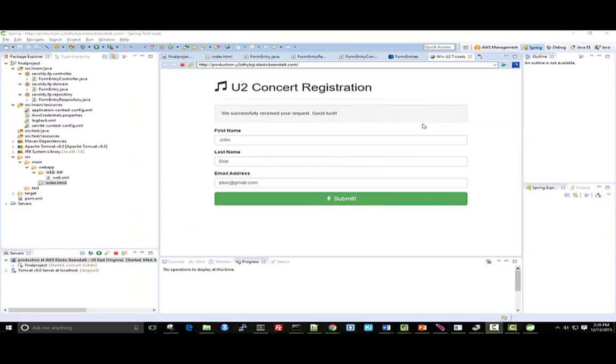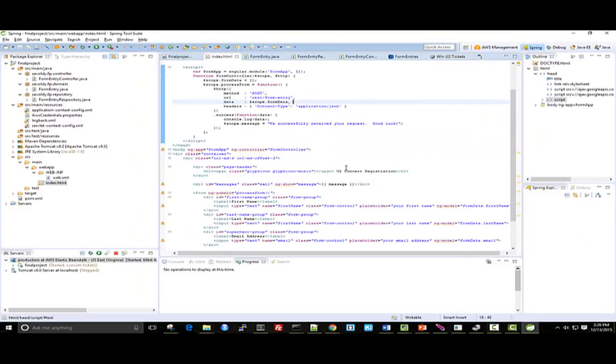Now let's walk through a quick promotion of a bug fix with a new version push to our production environment. Suppose I noticed that the header of my page was incorrect. I really wanted U2 concert ticket registration. I'm going to navigate to my index page, update the header, save,